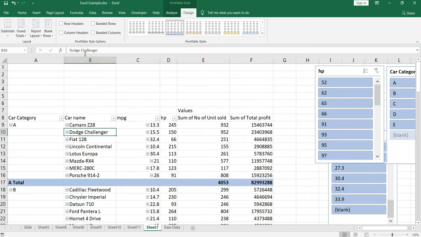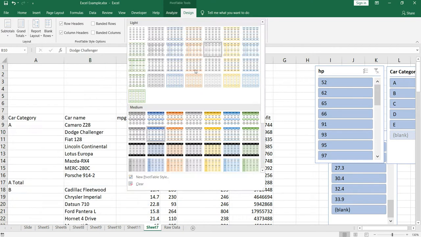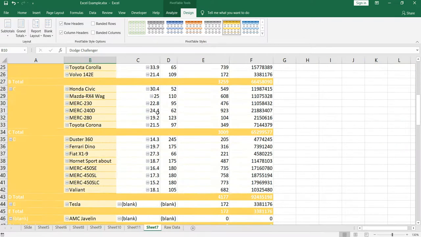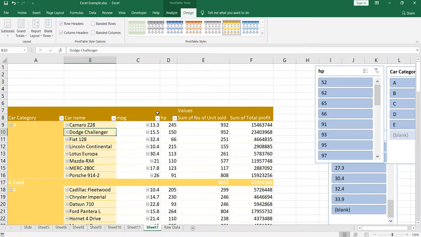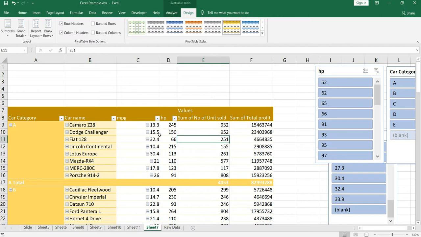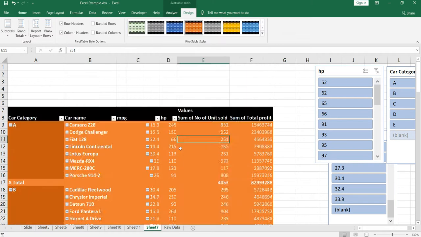Okay, so let me select this row headers and column headers, and then select other designs. If I click on this design, you will see that the design has been applied on the pivot table. Okay, in order to use this design, it's mandatory for you to click on any cell within this pivot table and then go to design, otherwise it won't work. So if I click on this, the design will be applied.